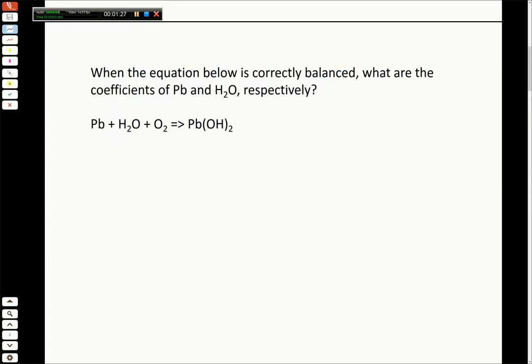This one doesn't specifically say to look for whole numbers, so that may have been a source of confusion for some of you, but if we don't specify, please do use all whole number coefficients, the smallest whole number coefficients that are possible, because it is possible to balance reactions with fractions as we see, but we don't want to use those when we're trying to select our final answer. So let's see how that works in this case. We have lead, water,